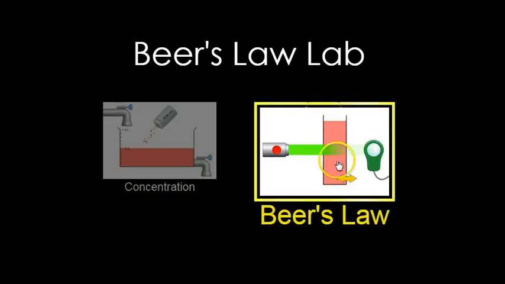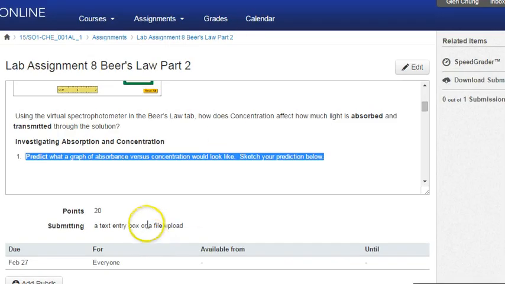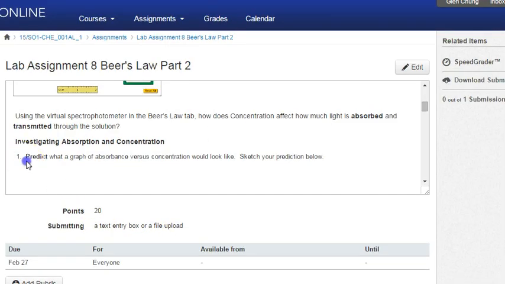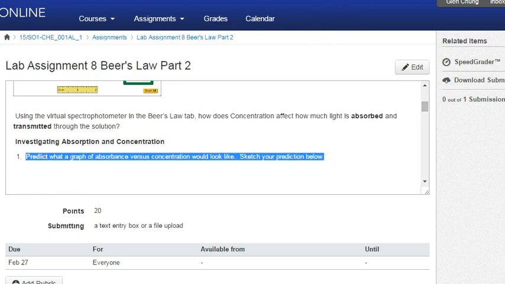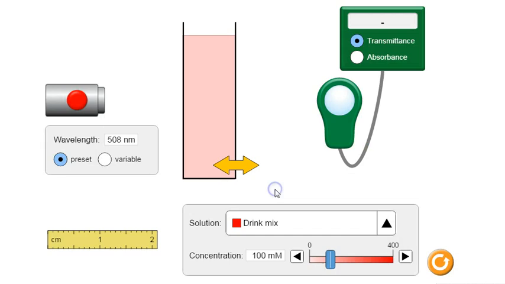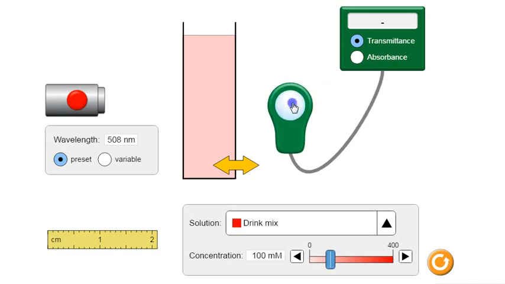This is the Beers Law Lab help for you, lab assignment number 8. First question is predict what a graph of absorbance versus concentration would look like. Sketch your prediction. So you enter the lab here, and